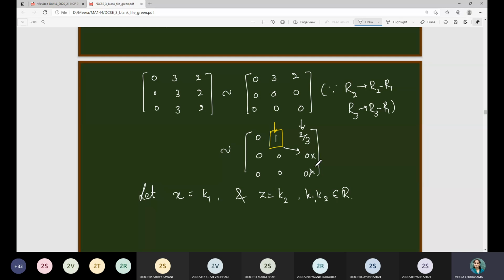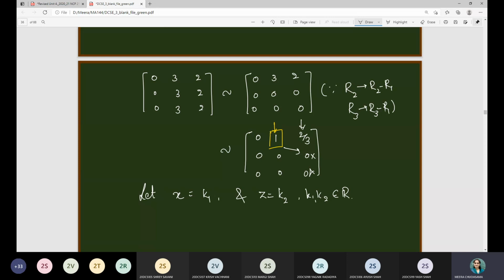So we have to choose other two variables as independent ones and therefore we will choose them as k1 and k2 for X and Z. Is this point clear to everyone? If yes, please raise your hand. This is the important point. Very good. And that's why I will always advise you that go through the row echelon form. Only then you will have the idea that which element will be independent and which one will be dependent.